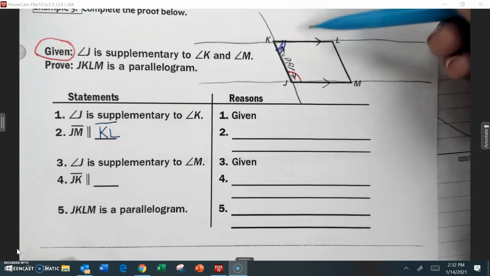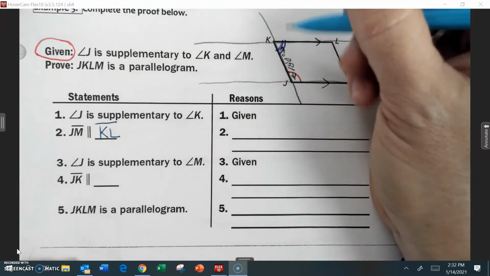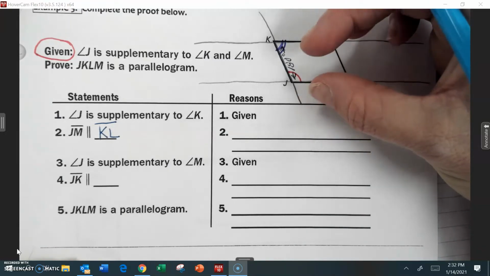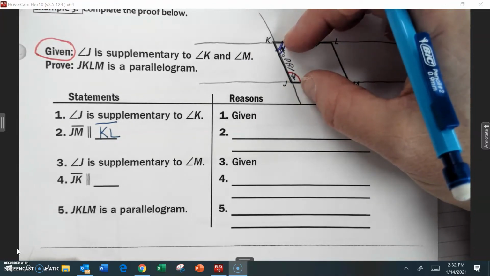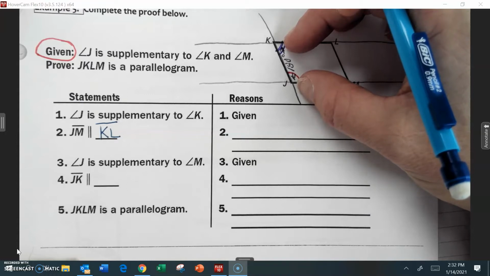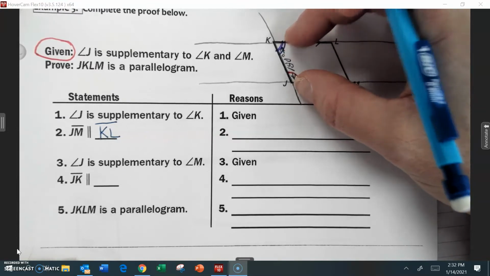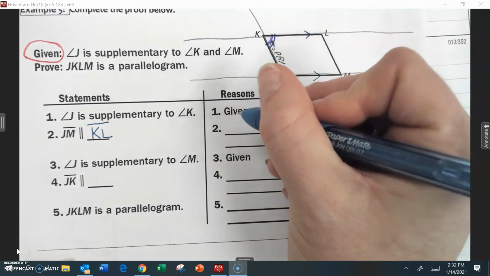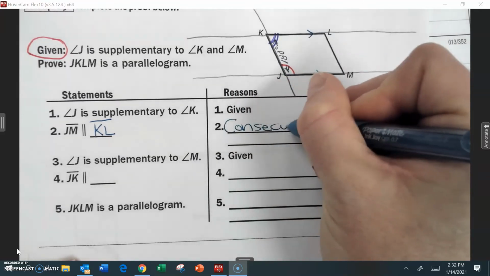And if you look, before we knew that these lines are parallel, we can see that these two angles right here are on the inside of the two lines, on the same side of the transversal. And by definition, those are called consecutive interior angles. And we have this converse that says if two consecutive interior angles are supplementary, then the lines are parallel. So, dating way back, that's why we can't forget all these things in math that we've learned this year. This reason is the